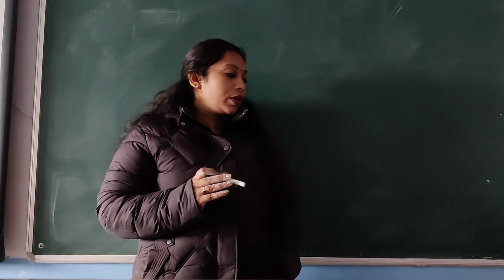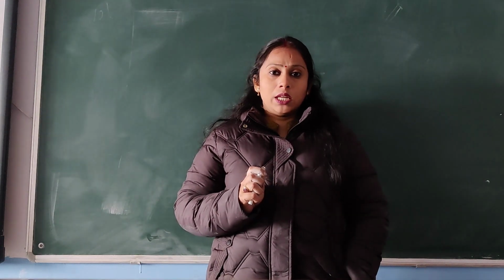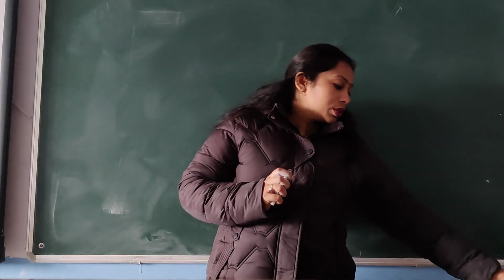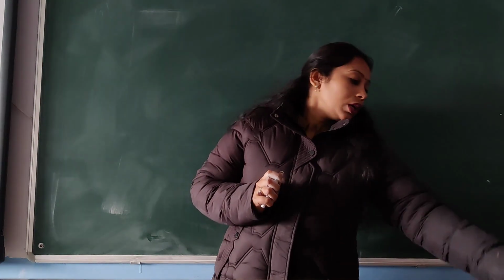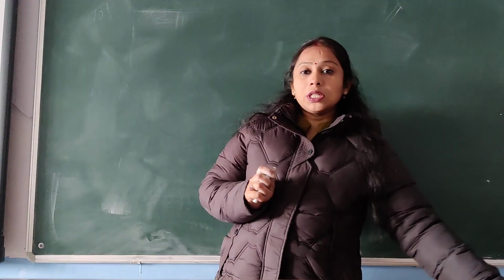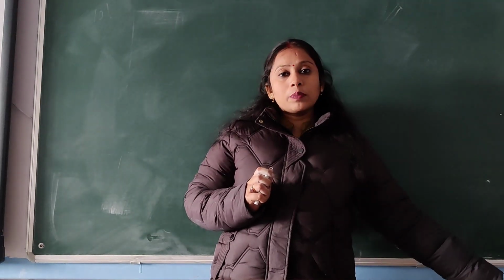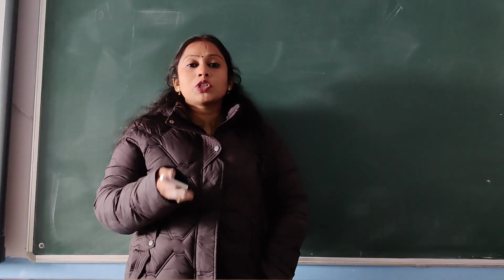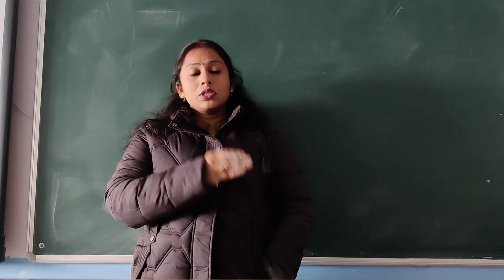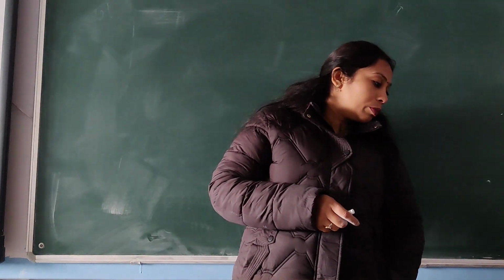Okay, so we were on exercise 1B of perimeter and area, is it? Till question number 12 I have given you homework. I hope till there you must have done. The 13th question is the same as one of the questions which you have already done. So we'll start with question number 14.